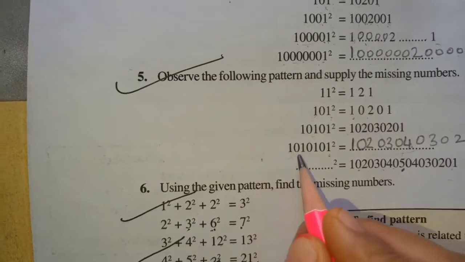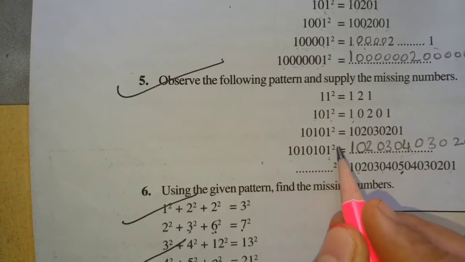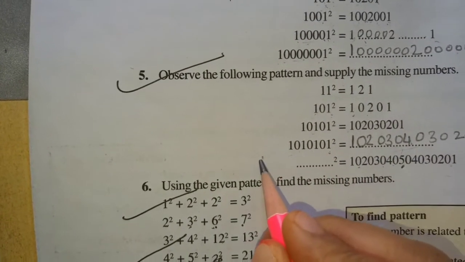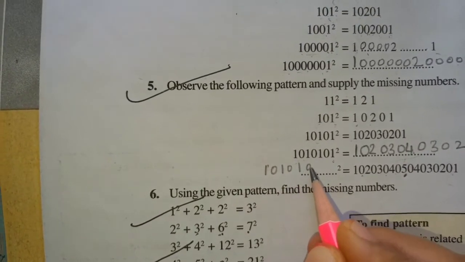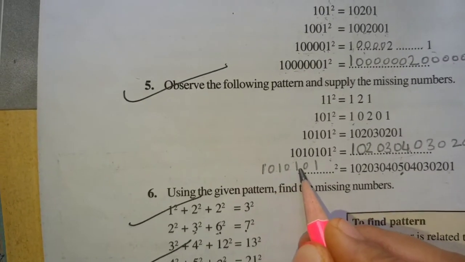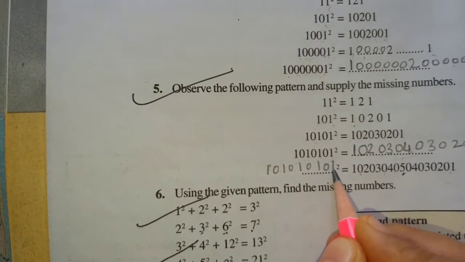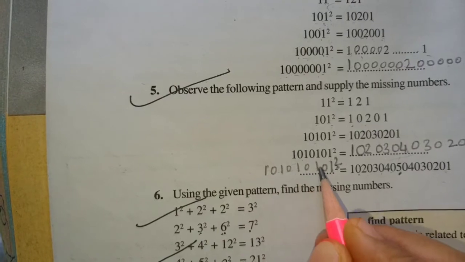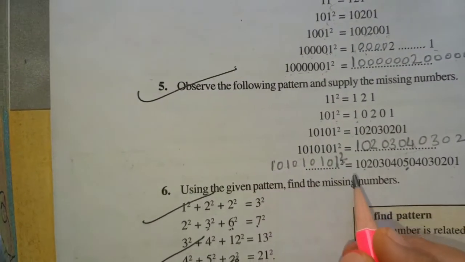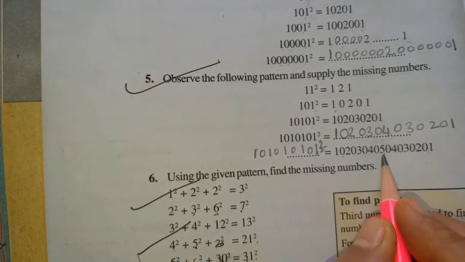Here it is 4. For this you include 0, 1 more. See, 1, 0, 1, 0, 1, 0, 1. How many ones are done? 4 ones are done. So 0, 1 square: 1, 2, 3, 4, 5. 5 ones are done. Right. Okay. This is the pattern.